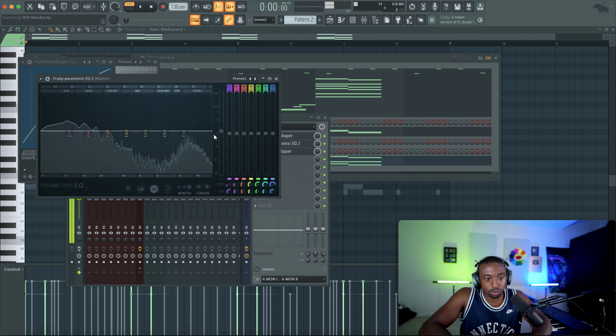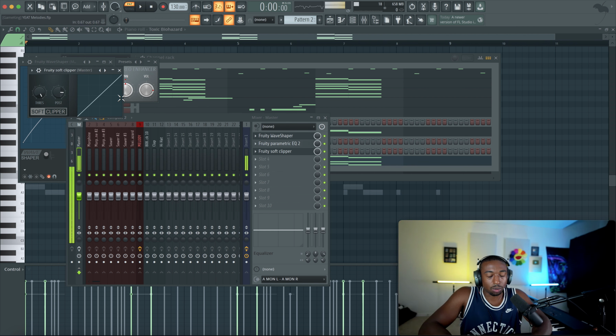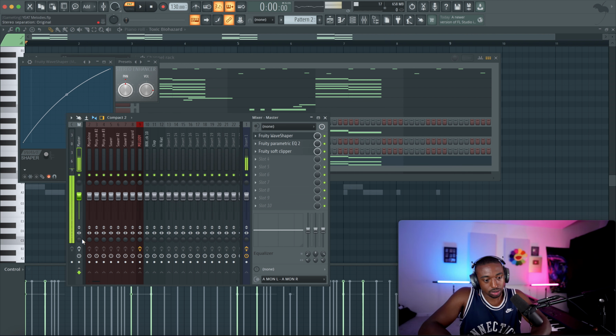Then I have that running through an EQ2. All we're doing here is turning the gain knob up on the left side. This is a gain knob. It's not messing with any frequencies. It's just pulling the entire volume up. And we're going into a soft clipper with the threshold all the way to the right, which is hard clipping. So here's what it sounds like with all those effects. But it does mess with my voice, as you guys can hear. It's a little bit boxier.